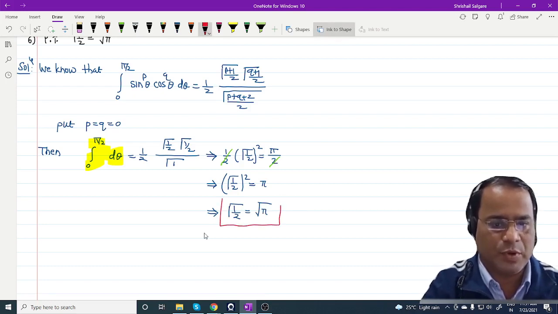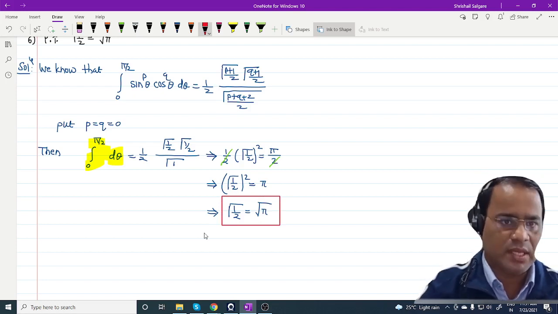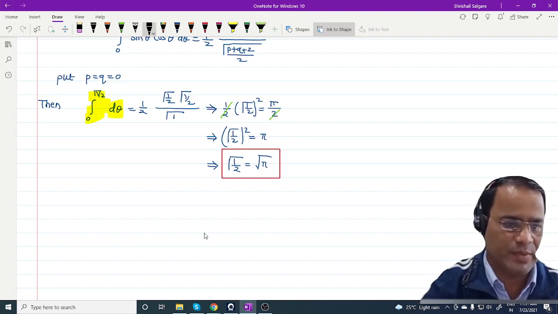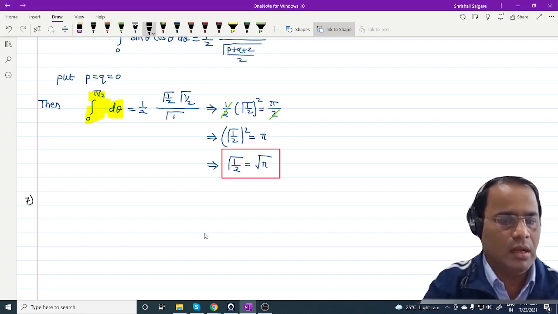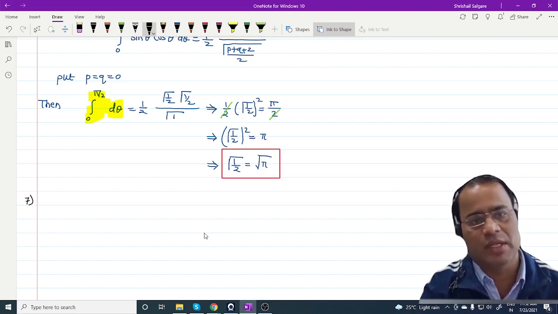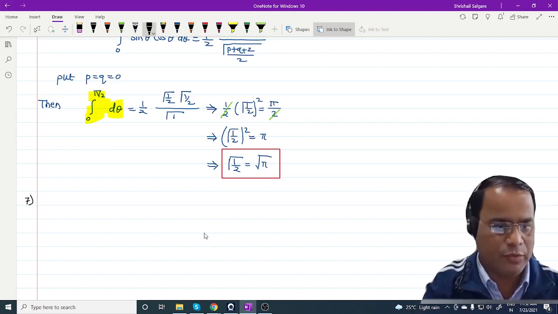That is the fourth property in the gamma function, which without proof you have accepted. And one more is there. The next one is the duplication formula. Again, for the duplication formula, we are not going to study the proof. We have to accept that for evaluating a particular gamma function, that is gamma of 1 by 4 into gamma of 3 by 4.